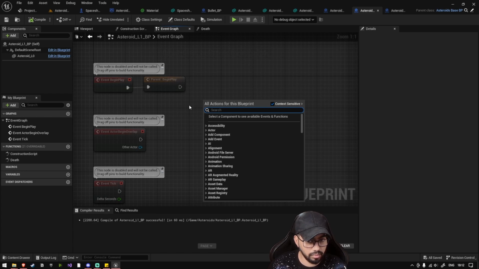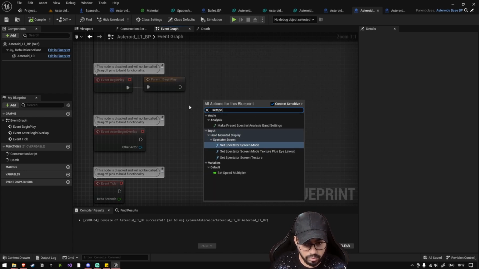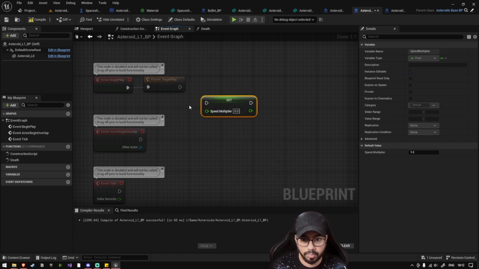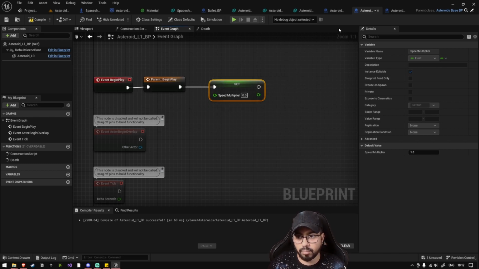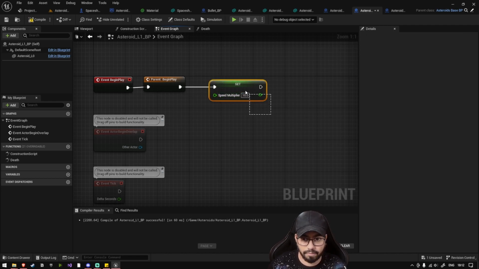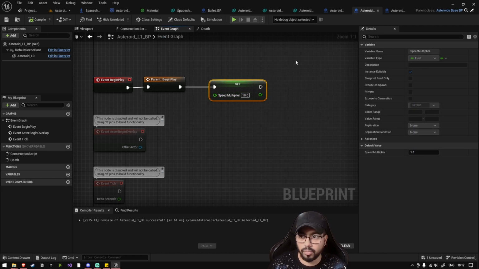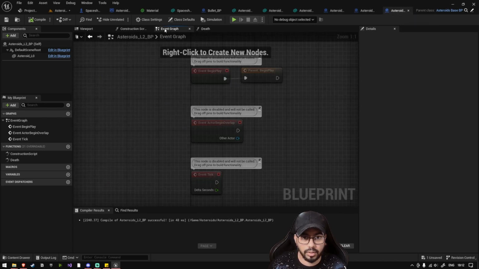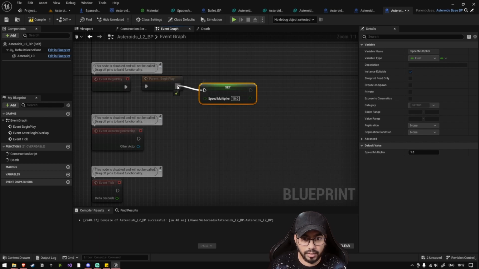You can call set speed multiplier on event begin play of the L1 BP, and set the speed multiplier to 10. Now let's also go to Asteroids L2, and on event begin play, set it to 100,